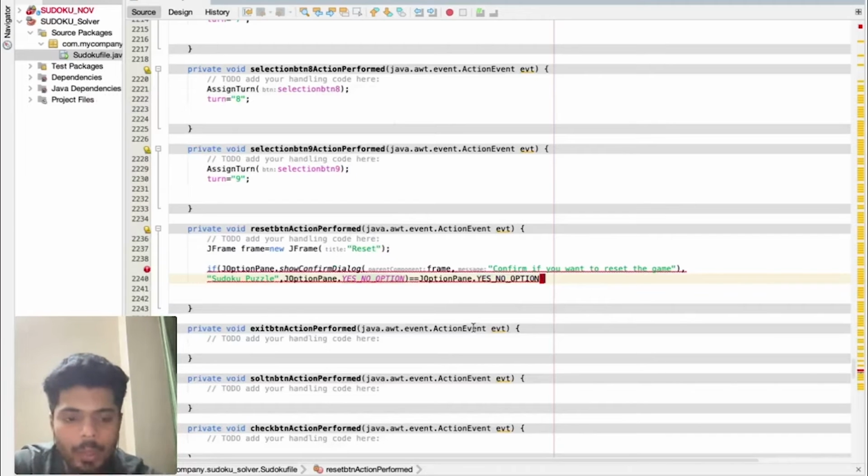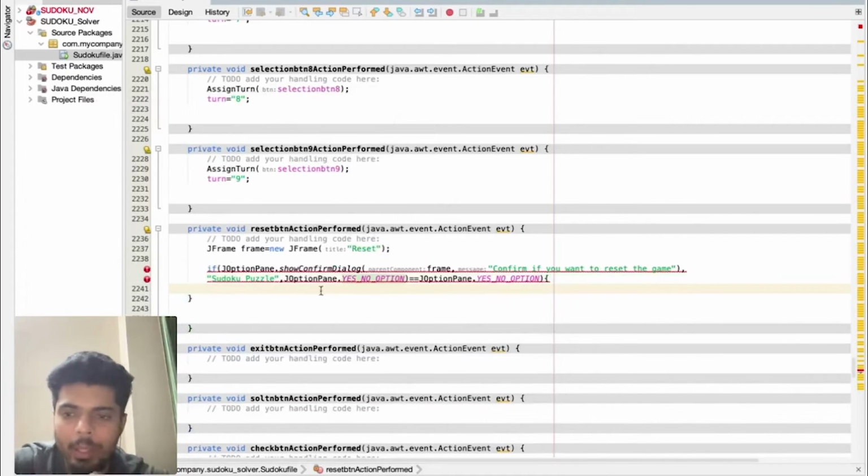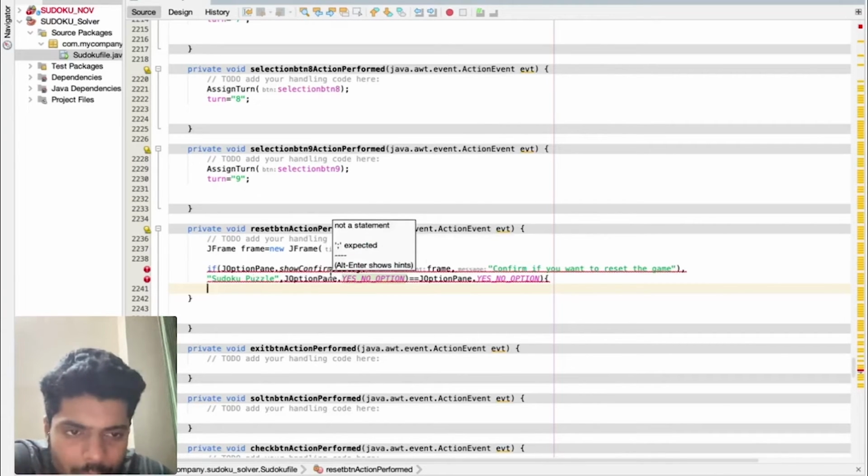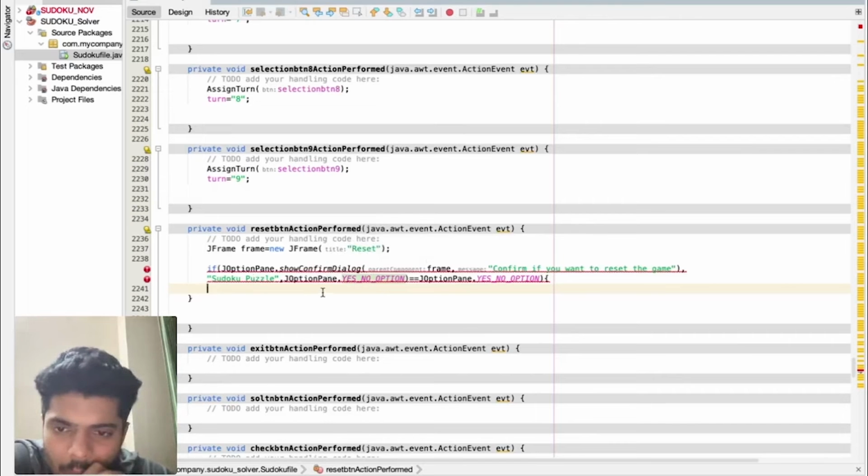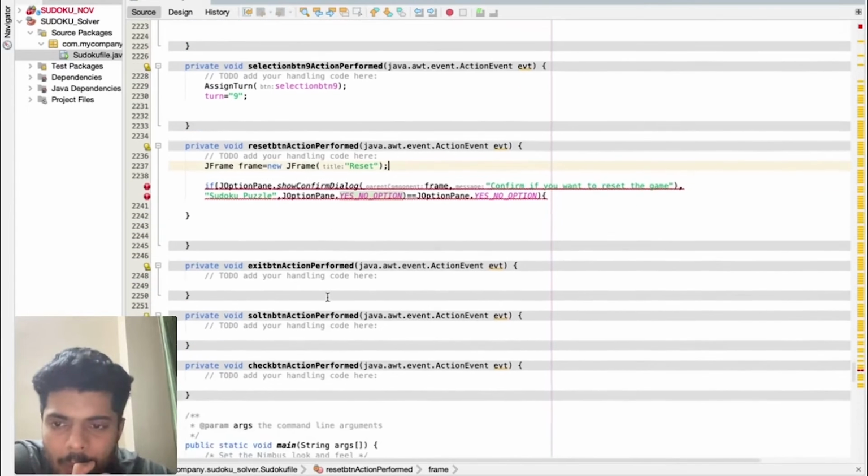Now I'll try to explain in a minute. It says show confirm dialog. I've put the semicolon here.